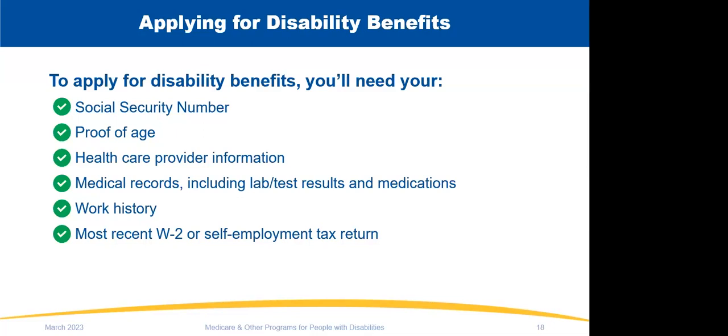In that disability report is where they would list all of those medical sources, all those healthcare providers that they've seen. We need the names, we need the addresses, we need the phone numbers. We need to know when you first saw them, when you last saw them. Do you have another appointment scheduled with them? What tests did they run? What medications did these providers prescribe?